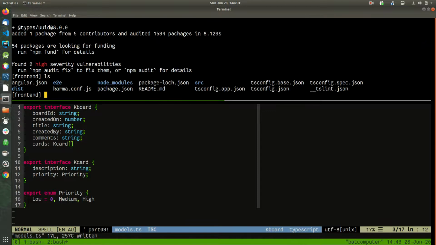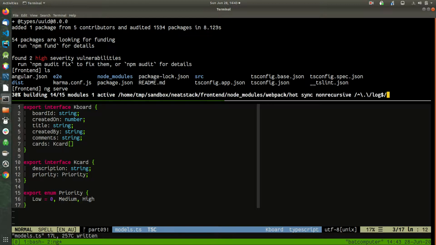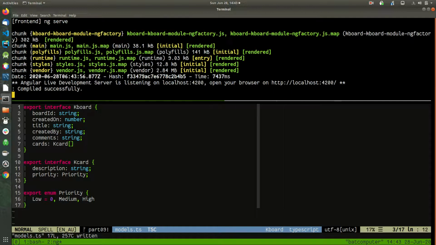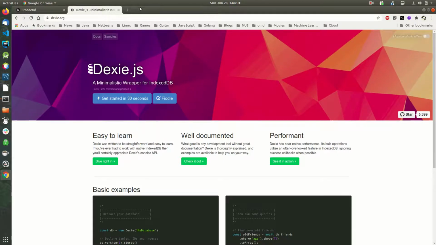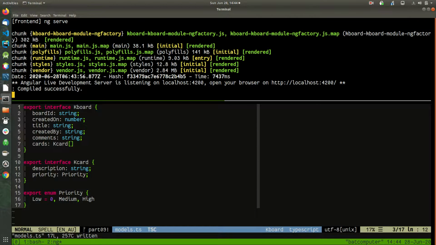Okay, so now we can restart our application. Right, so we'll close this, so we can do a refresh of this, and everything should still be working fine. Right, so how are we going to